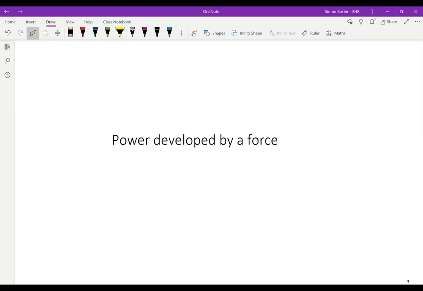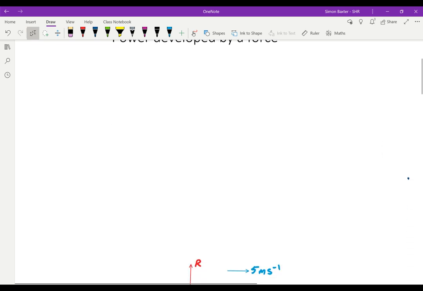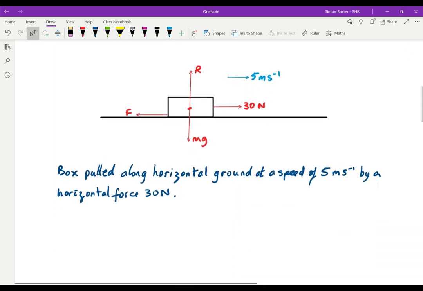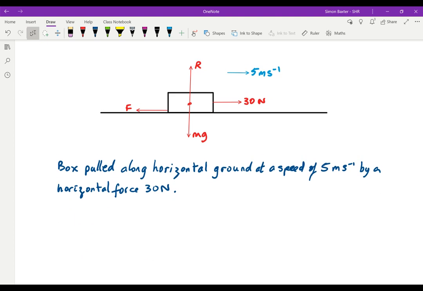Today, I'm going to talk about the power developed by a force. In the diagram, we have a box being pulled along rough horizontal ground at a speed of 5 meters per second by a horizontal force of 30 newtons. If the friction is also 30 newtons, then there will be no acceleration and we will have a constant speed